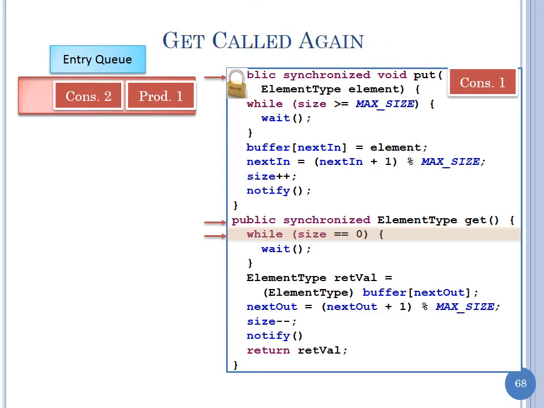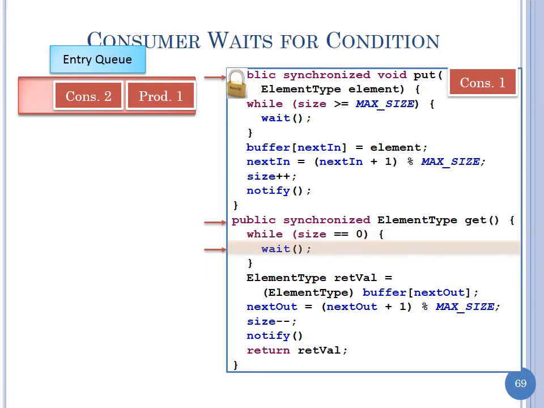and let's say after this another consumer comes in. The consumer goes behind the producer in the entry queue. So now we have three pointers, but only one shaded line, because only one thread can be in the monitor at one time. Okay. So the consumer goes in, checks the size, and does a wait. So it's got the lock, but it needs to do a wait. So it has to be put in a queue, and it's not going to be the entry queue. It's going to be